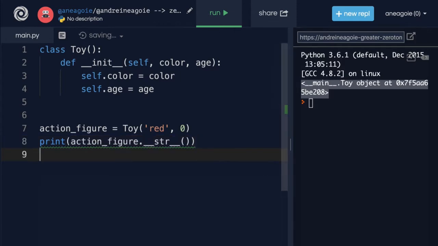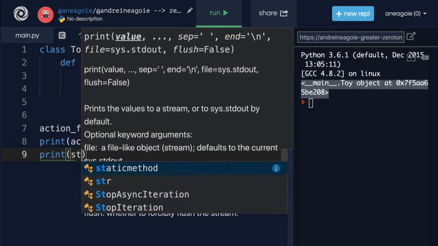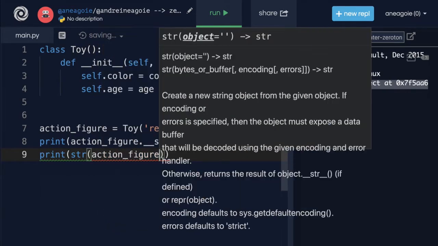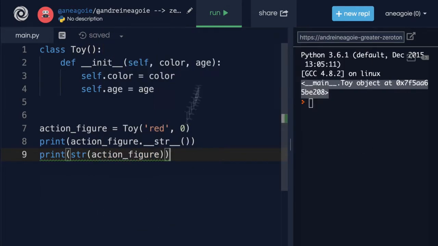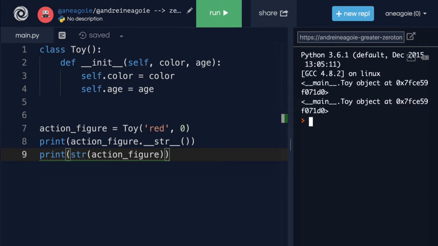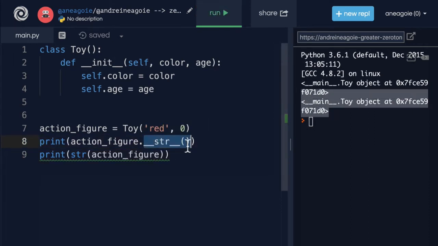It's the exact same thing as us doing str action figure like this. Look at that. These double underscore Dunder methods are special methods that Python recognizes. For example, the Dunder str, this special method, allows us to use action figure like this using the str built-in